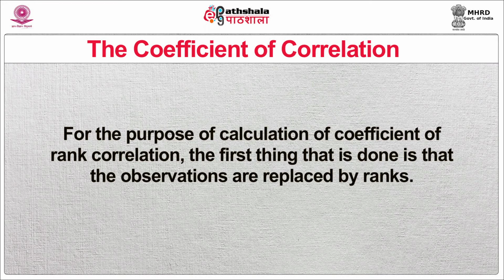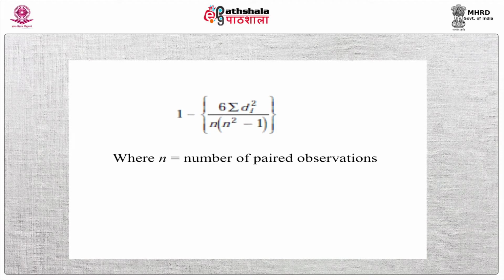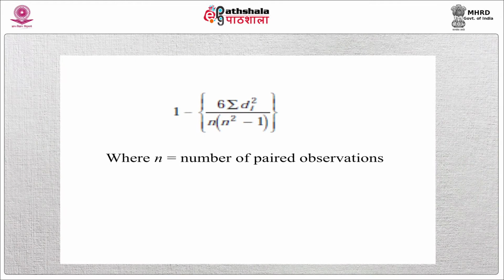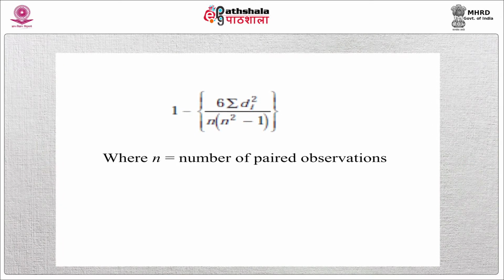For the calculation of the coefficient of rank correlation, the first thing done is that the observations are replaced by ranks. The first rank is assigned to the highest value and so on, till the last value of the series is assigned a rank. In the last step, the formula is applied to calculate the coefficient, as shown on your screen. It is 1 minus 6 summation d square upon n into (n square minus 1), where n is the number